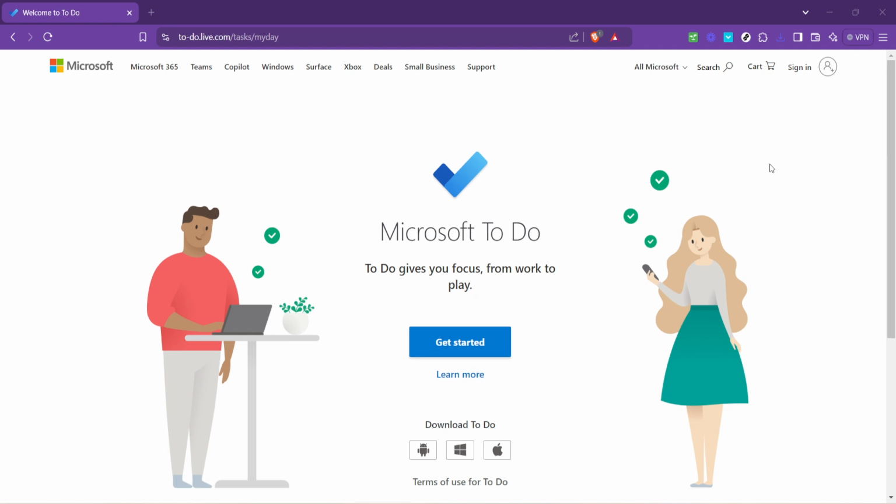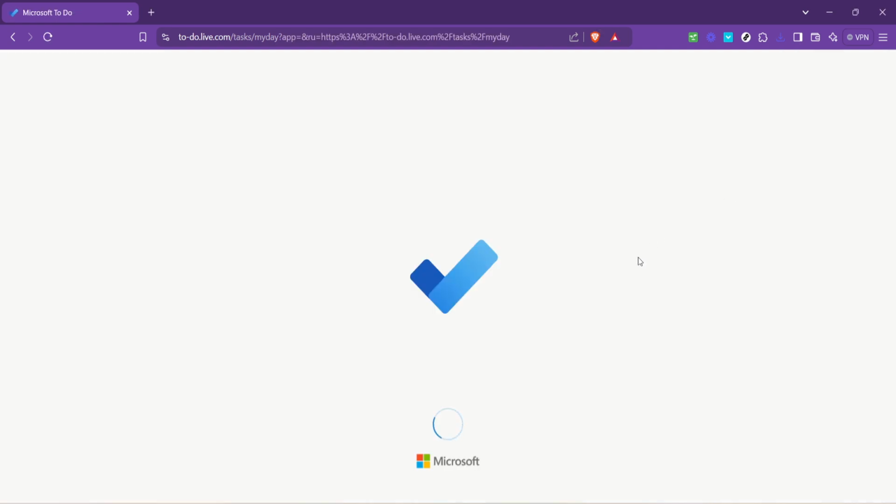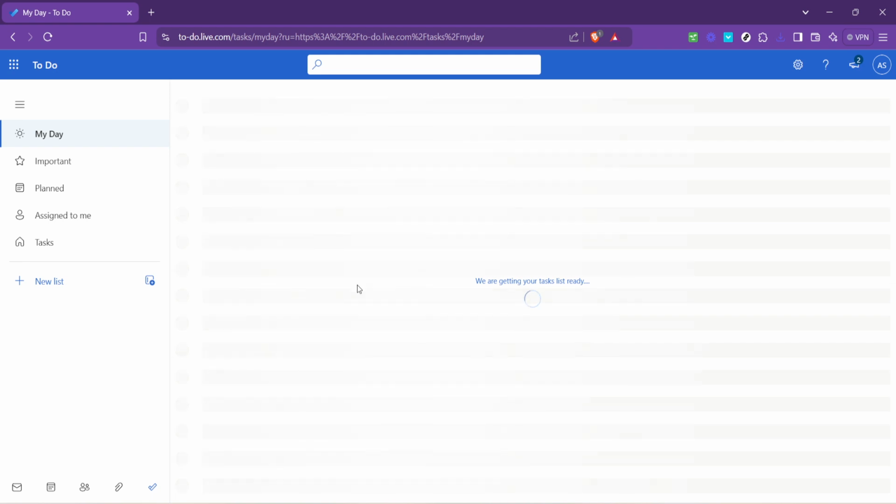The next step is to log into your account. Click on the Sign In button to proceed. You'll then be prompted to enter your email address associated with your Microsoft account. Make sure you type this in correctly to avoid any issues with logging in. After you've entered your email, you'll need to click Next to move on to the next phase of the sign-in